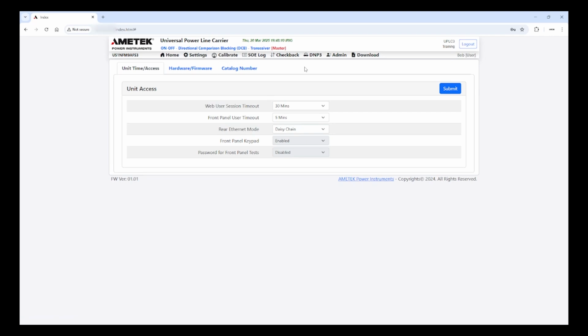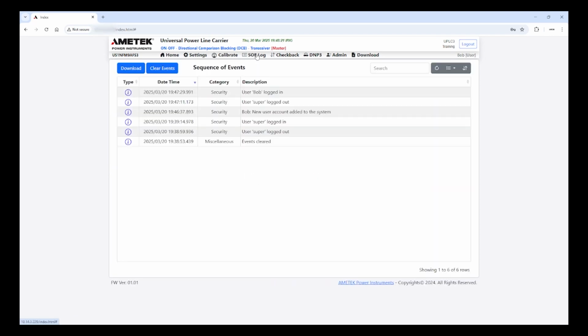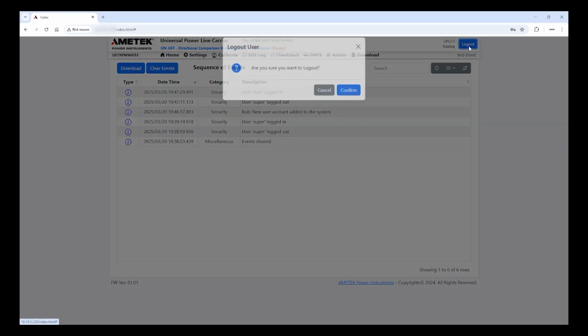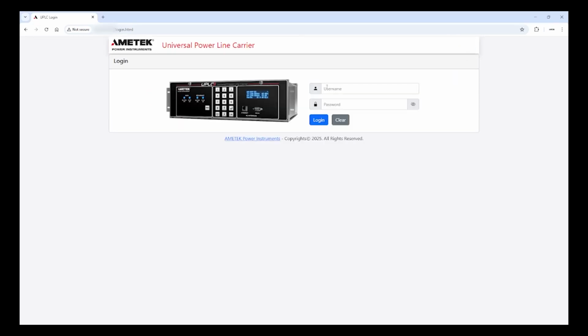Let's go to the Sequence of Events log. One of the things SOEs record is when a user logs in, logs out, and if the account password was modified, under the category of security. So as you can see, we logged in as super, we added Bob as a new user, we logged out as super, and logged back in as Bob. Now let's go back to the default super user. So we'll log out, log back in,